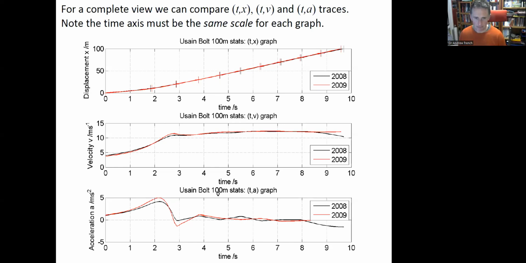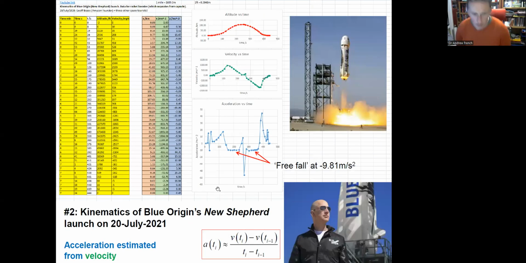So there we are. Number two, we might apply the same idea to a different situation. This is Jeff Bezos with his Blue Origin project for sending possibly tourists, albeit rather wealthy tourists, into space. It's probably hard to see the actual numbers here, but what I did is I watched his video and every few seconds wrote down from the telemetry the altitude in feet and the velocity in miles per hour. And I've converted these in Excel.